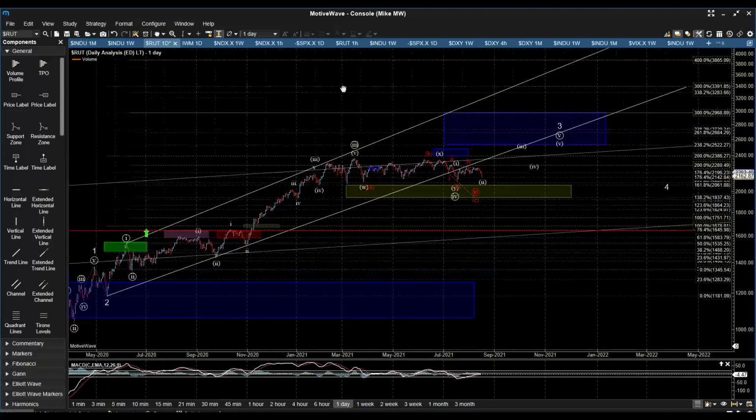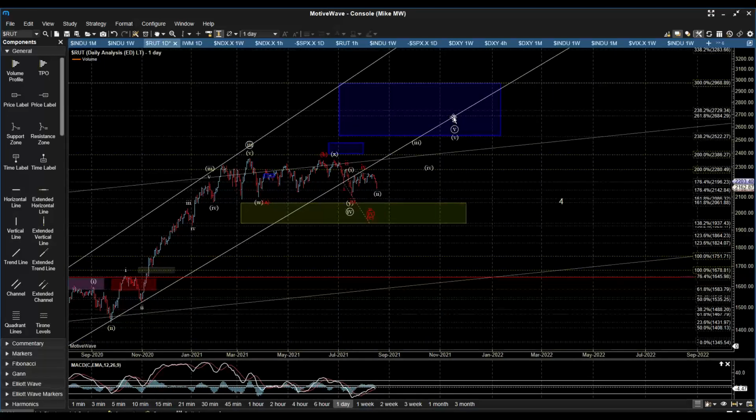And the other thing I want to note is once we get into that wave 3, we likely are going to see a larger 4th wave, so ABC for a 4th wave, which likely takes us right back down to about where we're trading now. So from a personal perspective, I'm likely going to exit most of my Russell 2000 based positions once we get another higher high, and I'll probably sit the rest of this move out, and I'll look for other opportunities in other markets. If we do get a fairly clean ABC down for this 4th wave, I may look to re-enter it one more time, but